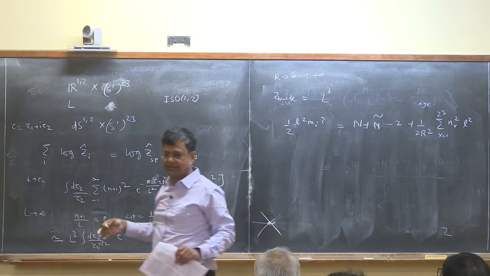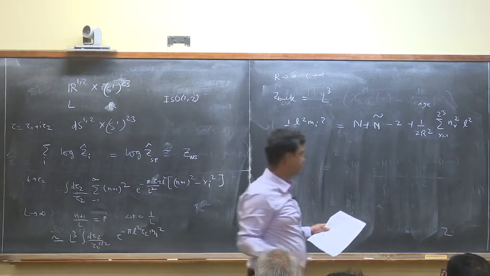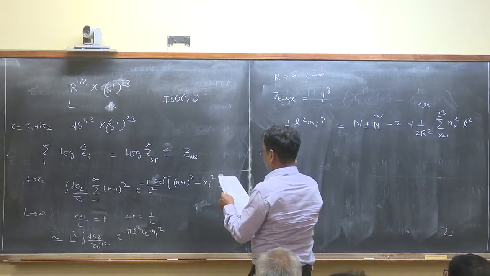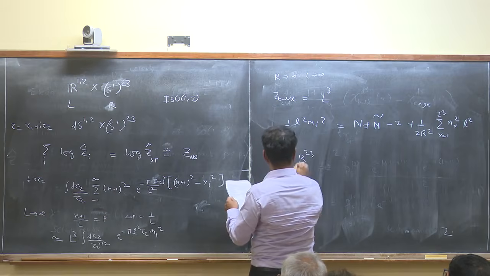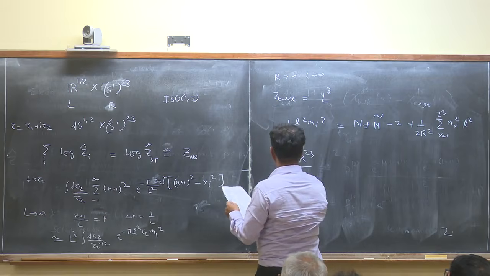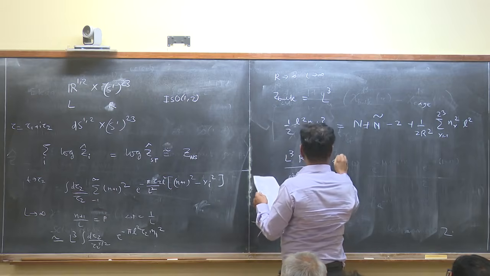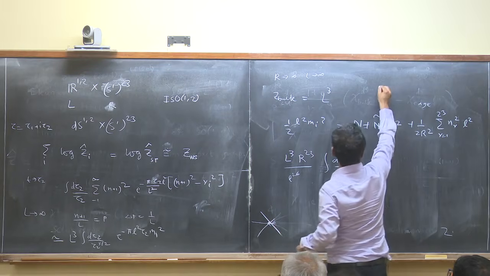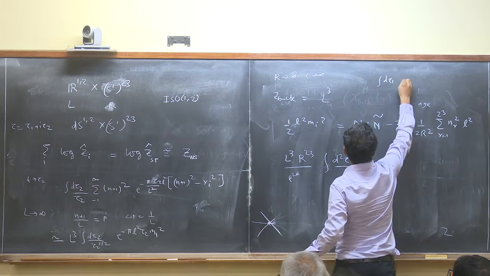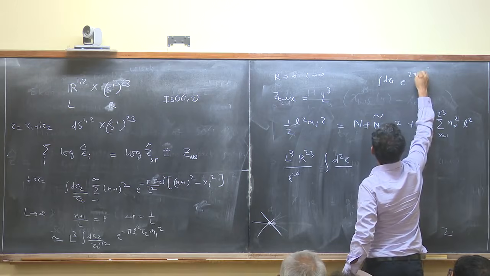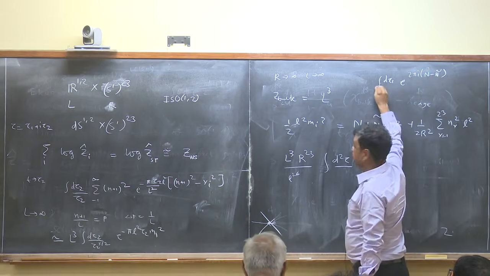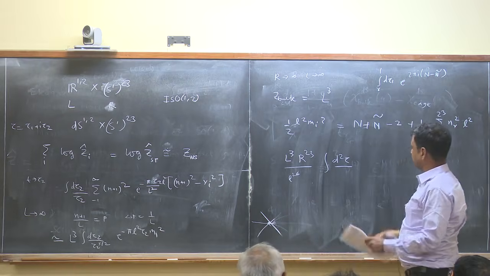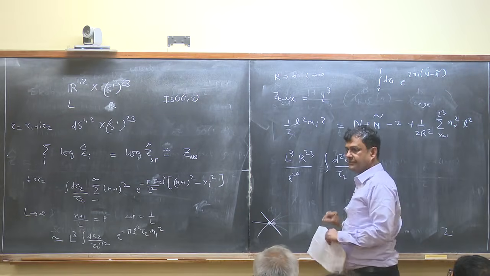These are just some IR cutoffs, and so I expect the answer to go as L cubed r to the 23 in string units, so like L to the power 26, d2 tau, because you introduce the d tau 1 integral to impose the constraint that n is equal to n tilde, as we normally do. So your integral becomes d2 tau with just a single power of tau 2,